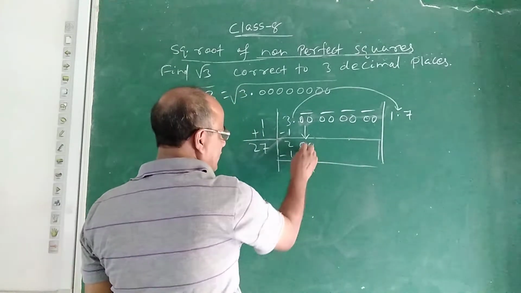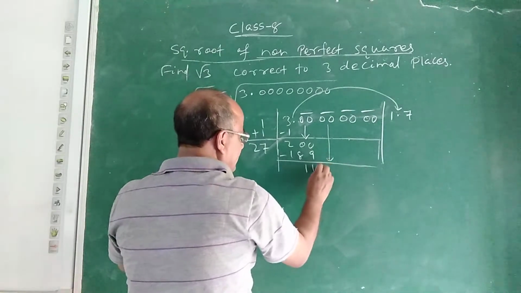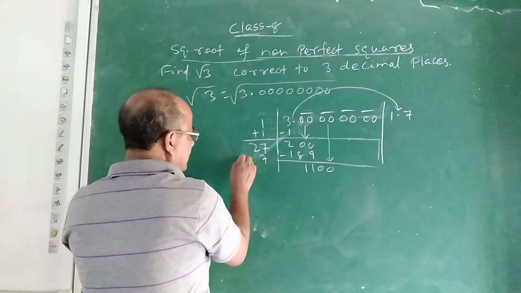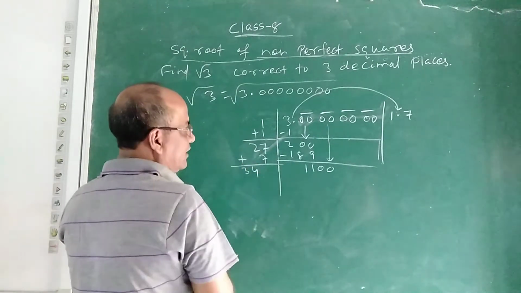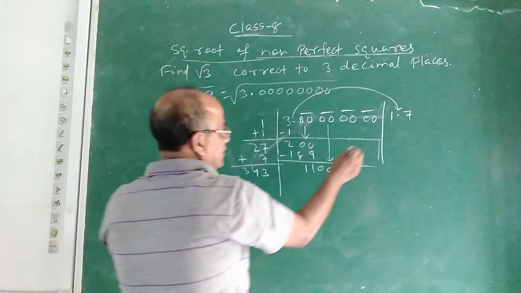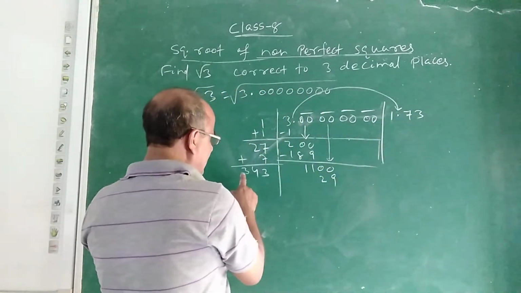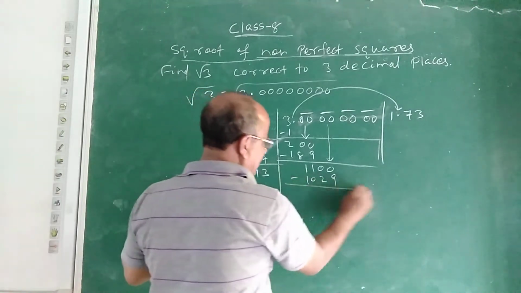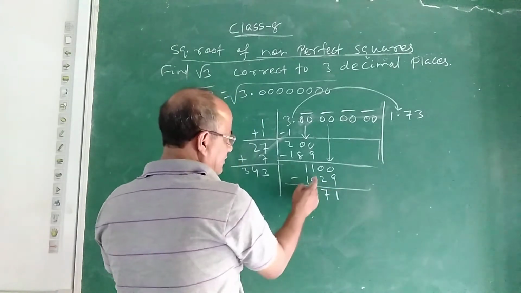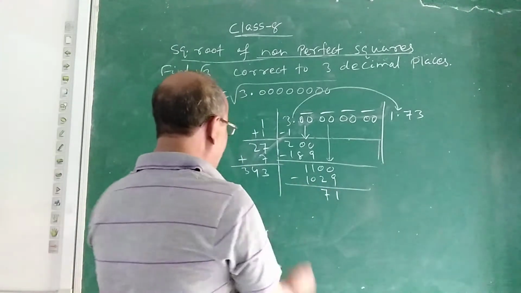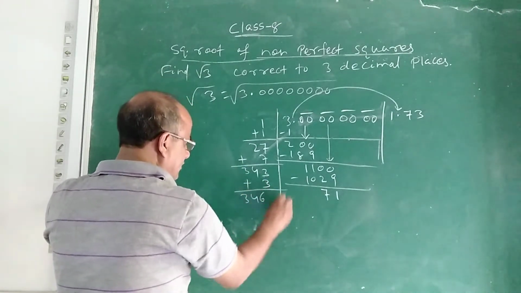7 7s are 49, 4, 18, you see. Subtract: 10 minus 9 is 1, 9 minus 8 is 1. Then bring this period downward, 0, 0, 1100. So add here 7, so 27 plus 7 is 34. Okay, now you put here 3. 3 3s are 9, 3 4s are 12, carry 1, 3 3s are 9 plus 1, it is 10. Now subtract: 10 minus 9 is 1, 9 minus 2 is 7, then 0 minus 0 is 0. It is 71. So you add here 3 again, it is 3, 46, okay.